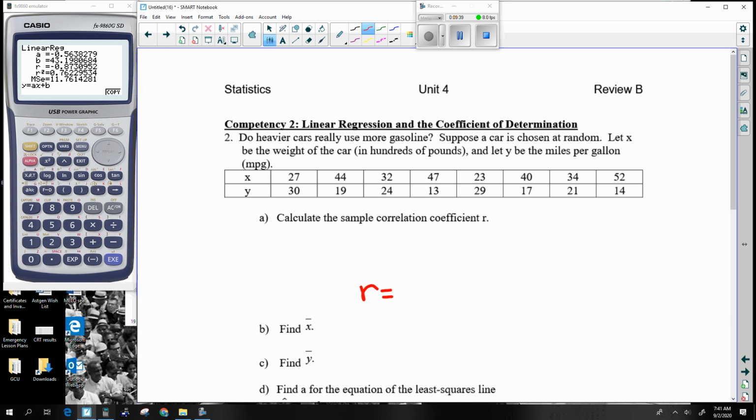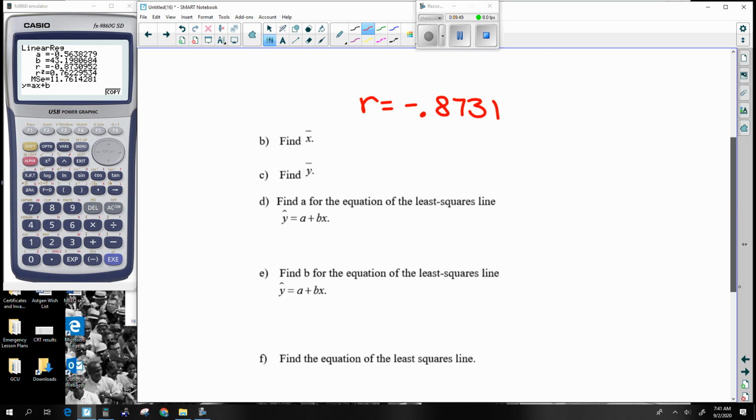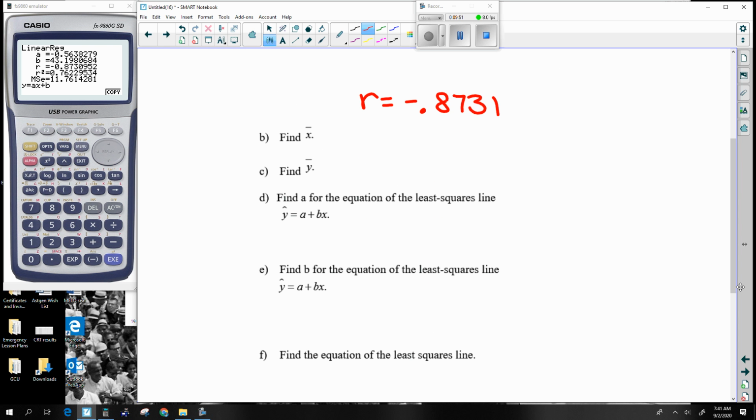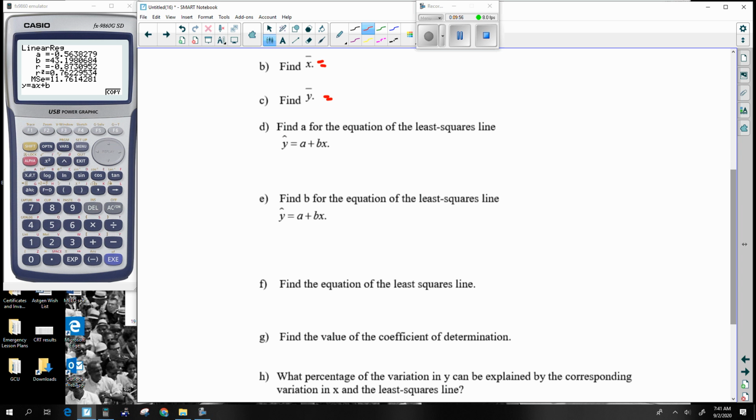So I notice that R is negative 0.8731. I'll get back to the X bar and Y bar here in just a moment. Here A should be 43.1981. B should be negative 0.5638,